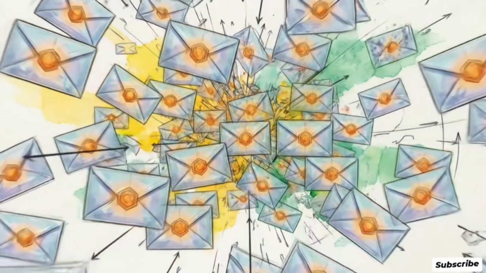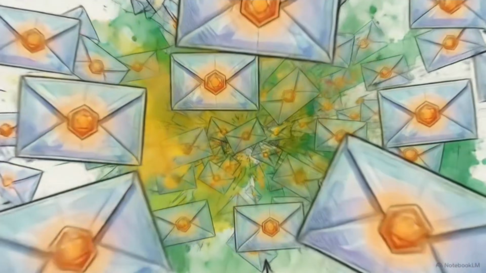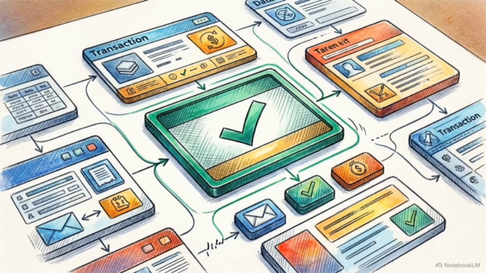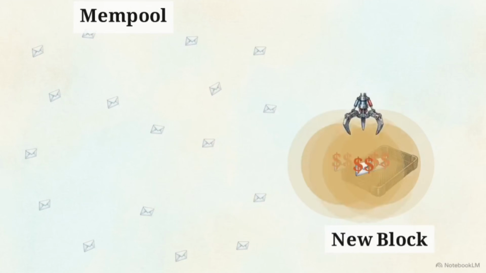When you send cryptocurrency, it is broadcast to the mempool, short for memory pool. This is a decentralized waiting room where thousands of unverified transactions accumulate, waiting for a miner to process them. Miners act as the network's auditors. When building a new block, they select transactions from this pool, prioritizing those with the highest attached fees, measured in